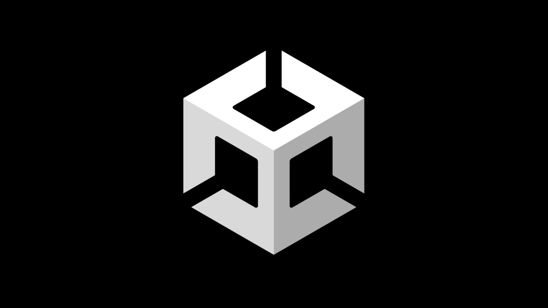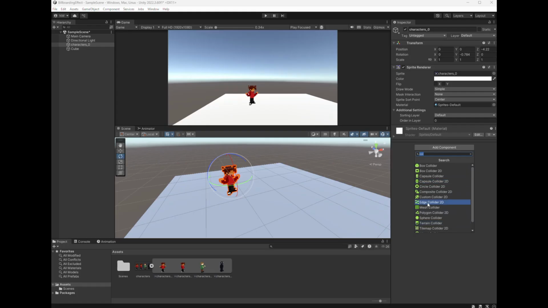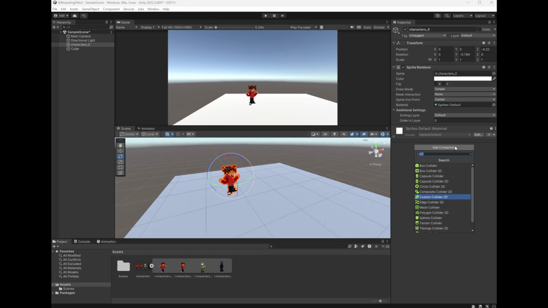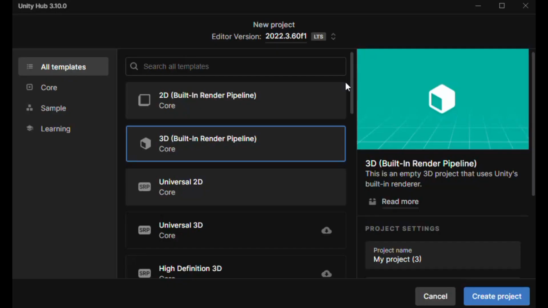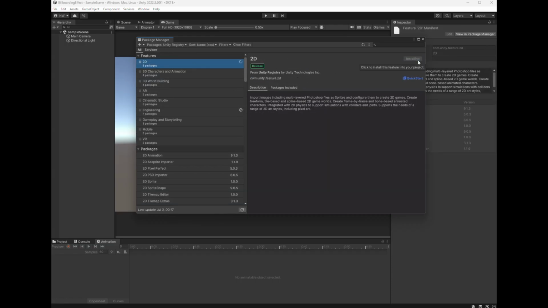I used Unity to develop the game and Sprite to create the sprites. I was still very new to creating 2D billboarding effects in Unity, and it took me a while to get a decent 2D 3D looking goal setup. For anyone wondering how a billboard effect works, it's actually quite simple. You start with a 3D project in Unity, and then you just have to add the 2D package. But make sure to check for your Unity packages, not your project packages.